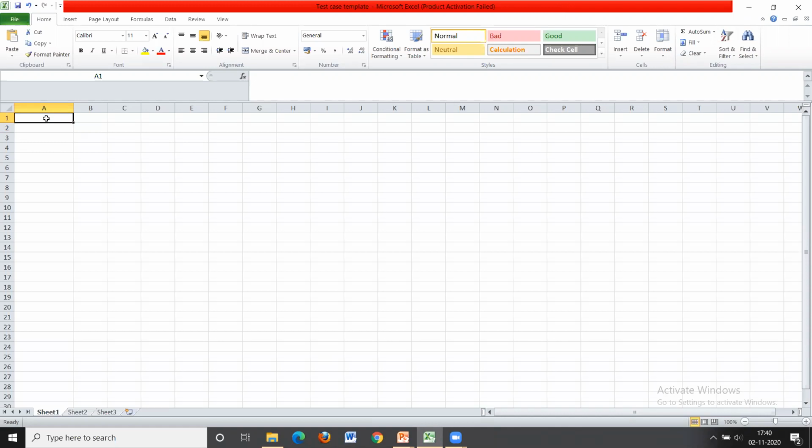I'm writing in an Excel sheet, but every company uses its own template to write a particular test case. The fields required for writing test cases are different, and we need to write proper test cases for a particular module. We require some fields like the project name and the module name. Here it is. Project name, second field is module name,